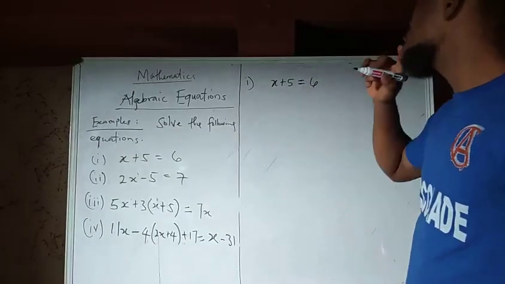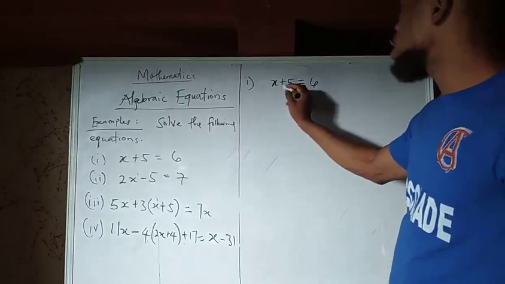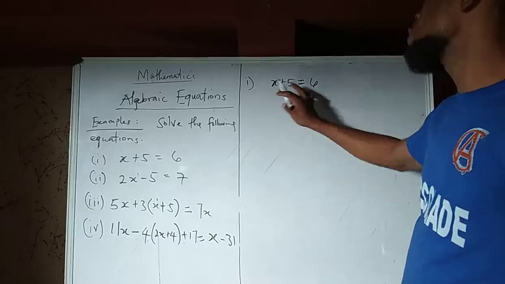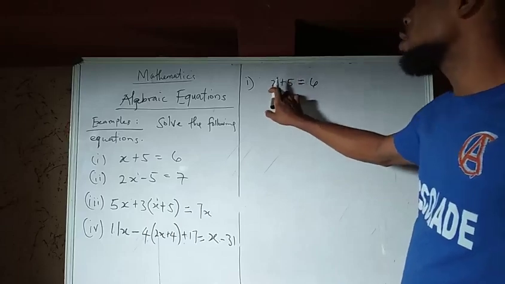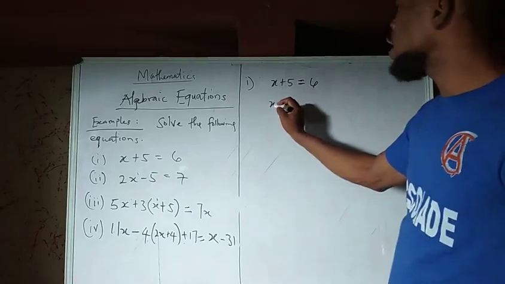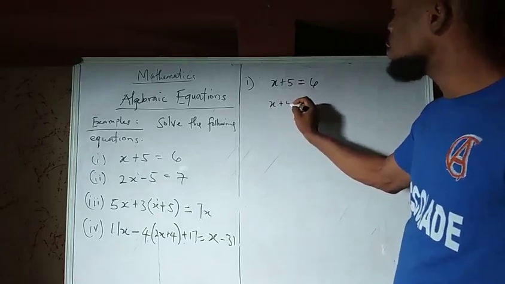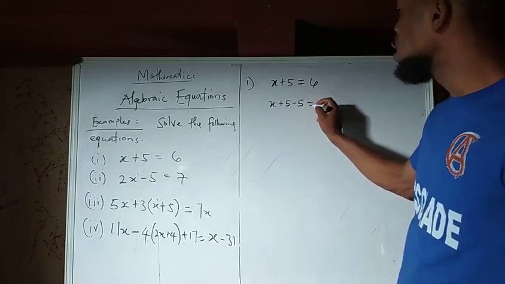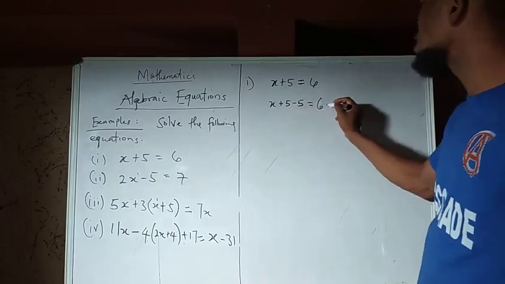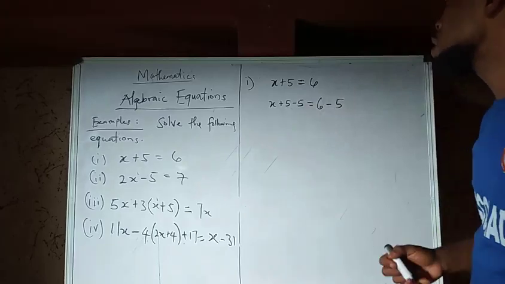Solve this. What we do is, because there is 5 added to x, we need to remove the 5 to get to know what x is. In order to remove the 5, we are going to get x plus 5 minus 5. We are removing the 5, and then on this other side it is going to be 6 minus 5, because